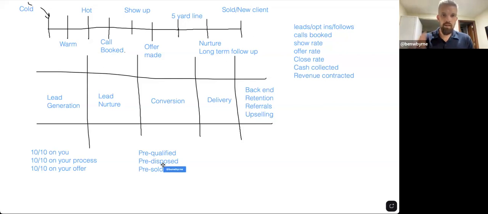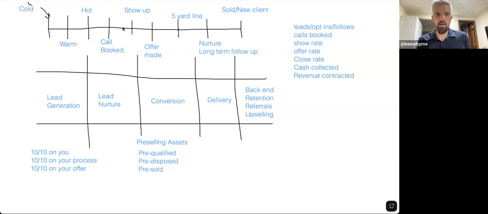So this alone, having assets in place which are going to check off these boxes, I just call this in general lead nurture or pre-selling assets. This is what's going to make your sales easy. So you're going to get more leads, people raising their hands saying, I want to work with you. We follow up with people better if we look at this sales process, knowing that the farther away they are from the touchdown line, if they're cold, the more work we have to do to move them to become a new client, right?